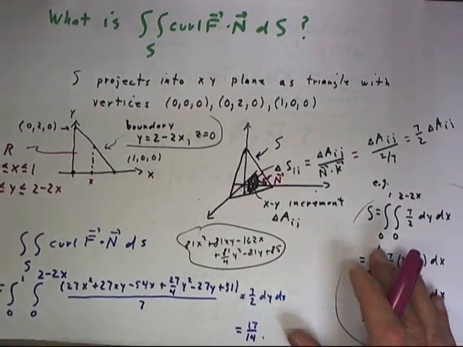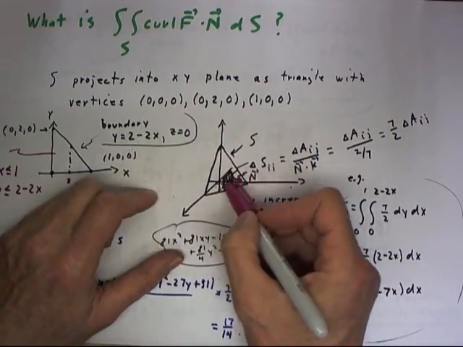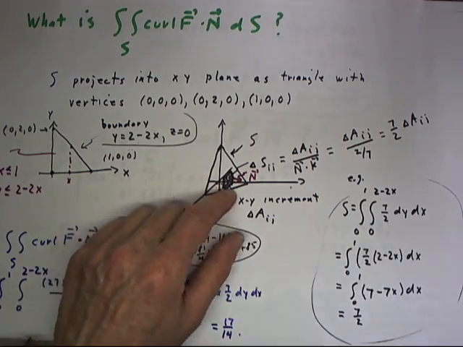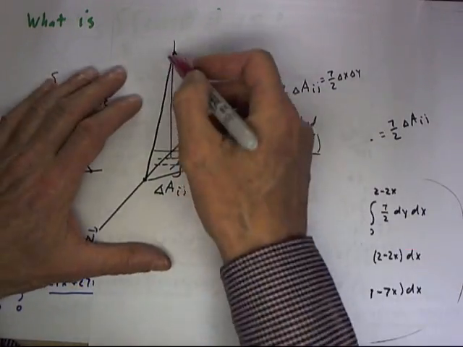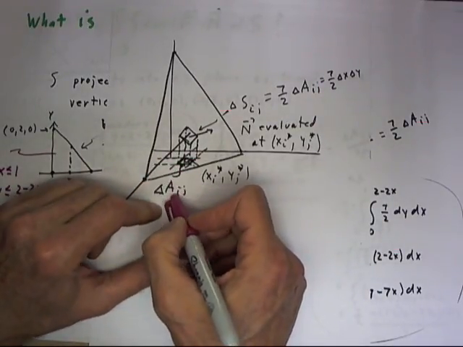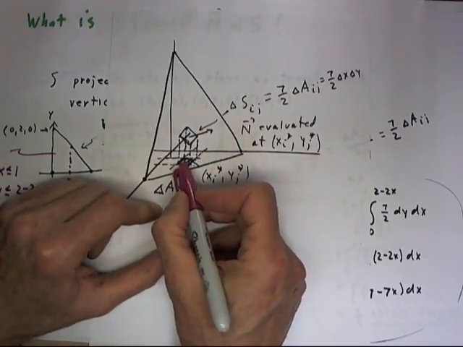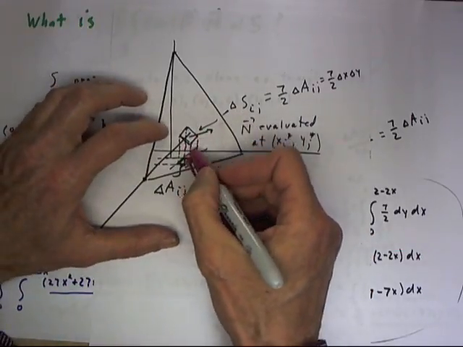Now to do the surface integral. Well, I've made a pretty clumsy sketch. I made the sketch too small so that my area increment here came out way too small. So let's just take a look at a bigger picture. Here's a bigger picture. We have an area increment delta Aij, a delta x by delta y increment in the xy plane, with sample point xi star, yj star. And above that